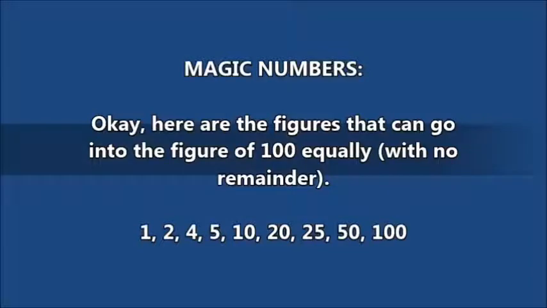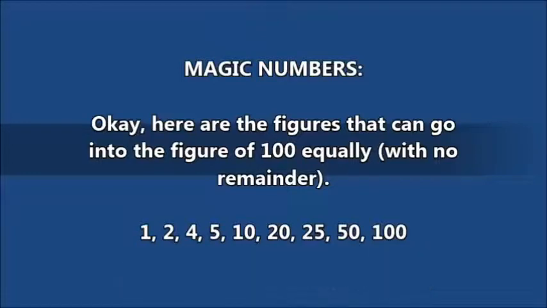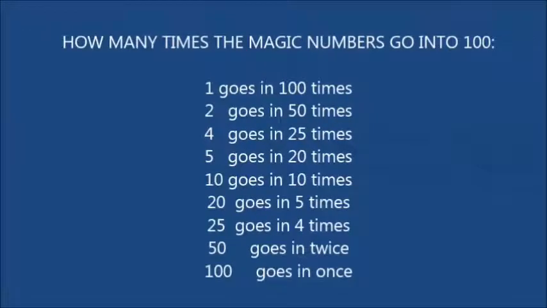Okay, here are the figures that can go into the figure of 100 equally with no remainder. 1, 2, 4, 5, 10, 20, 25, 50 and 100. If these are your scores, then working out percentages is a piece of cake. How many times do the magic numbers go into 100? Well, 1 goes in 100 times, 2 50 times, 4 25 times, 5 20 times, 10 10 times, 25 4 times,